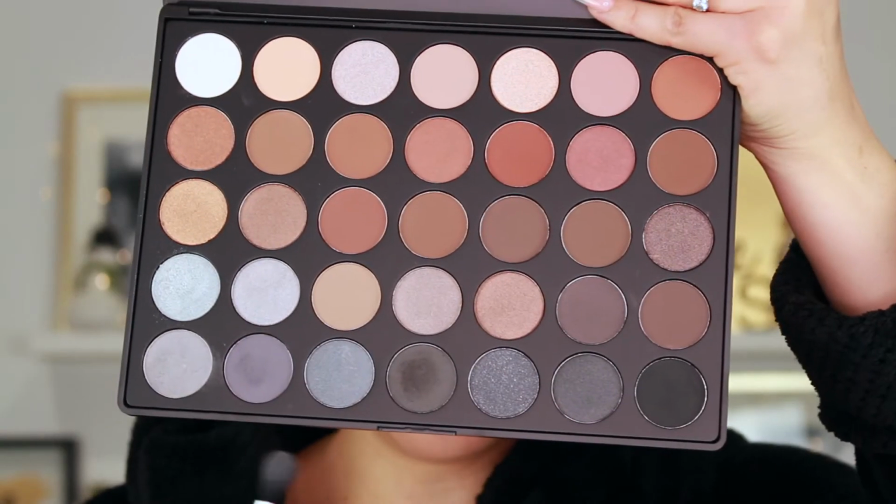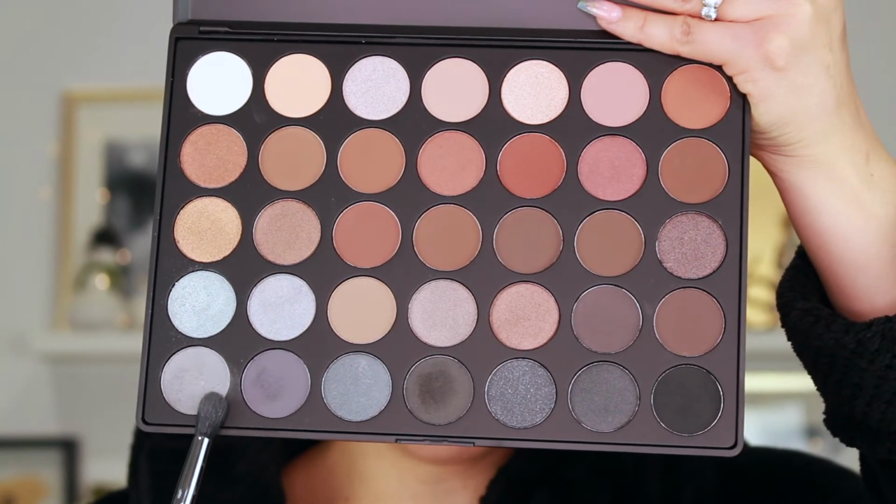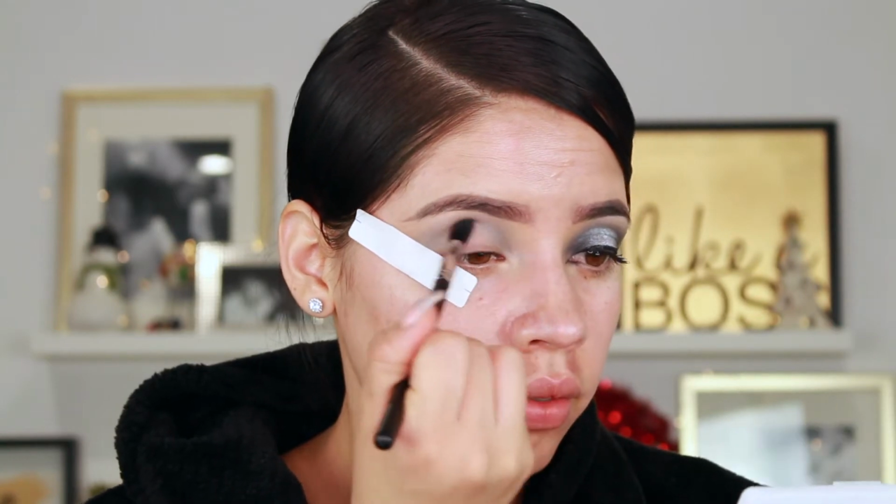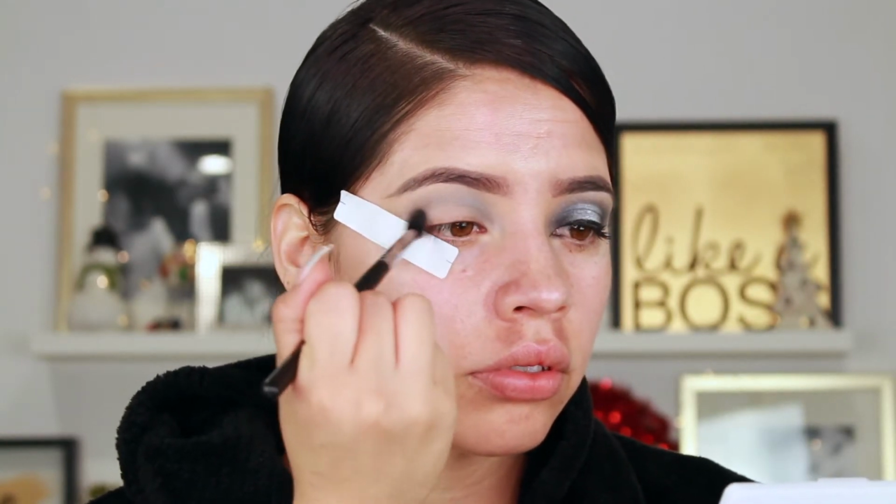The first color I'm gonna take is this one right here. And I'm just going to add this all over my crease, above my crease, and this is going to work as my transition color. And when you're blending it, you do want to use circular motions to blend this out. Once you get the color as intense as you want, then you want to go ahead and move on to